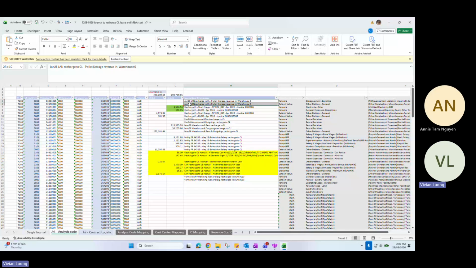It's also safe to check with Rachel to see if she raised any revenue for warehouse 6 as well. I normally message her at the end of the month. We remember to send this, that if